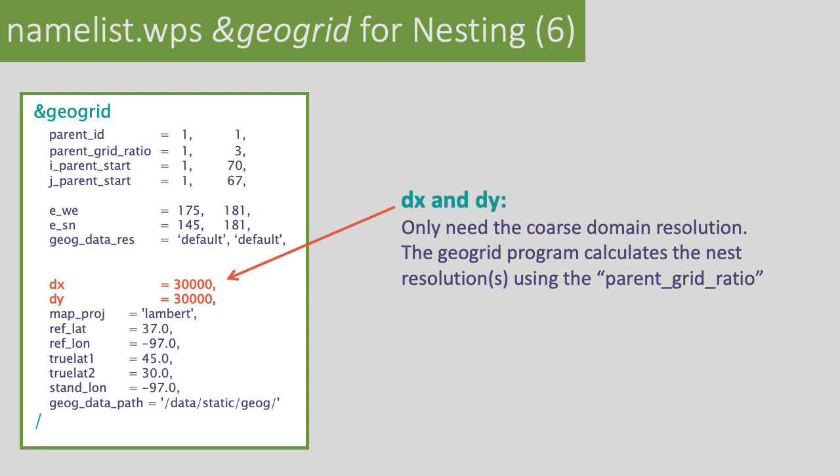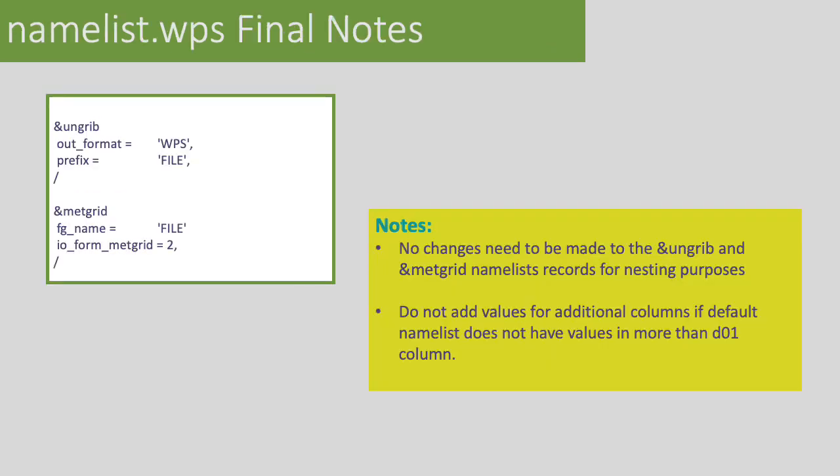To set resolution, you'll set dx and dy, but you only need to set this for domain 1. The geogrid program calculates the resolution of child domains based on the parent grid ratio. So just a couple of final notes for the WPS namelist. There are no domain-specific settings for the ungrib and metgrid namelist records, so nothing will need to be modified